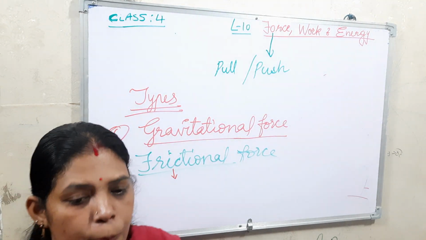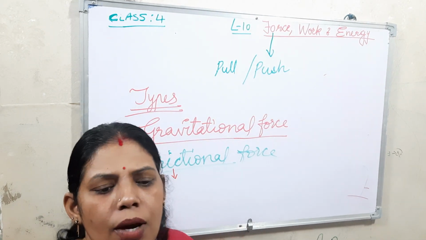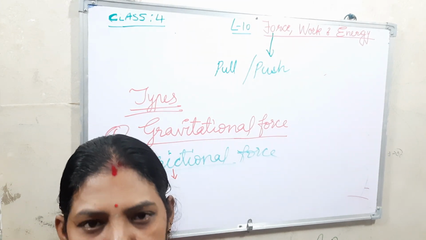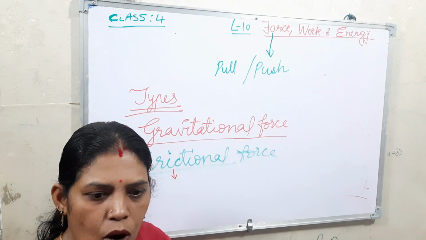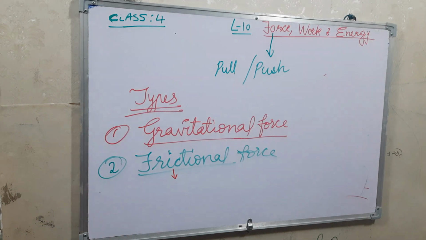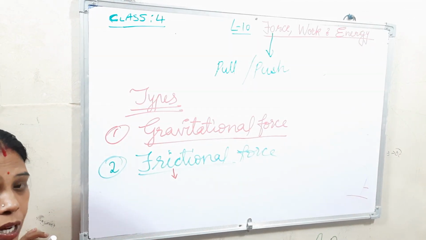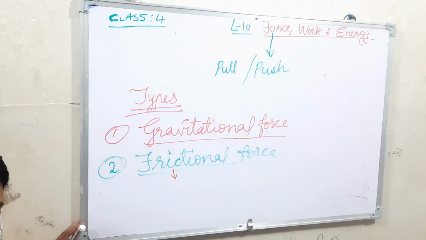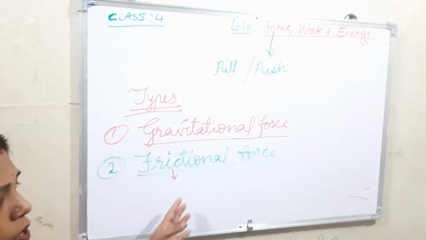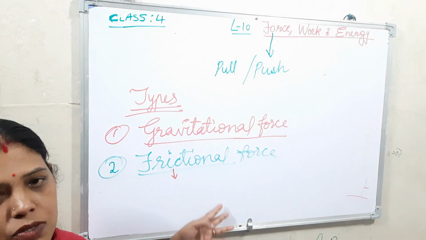And if I am pushing a thing, a box or something, that I am keeping on the table, if I push it, initially it moves, afterwards it stops. Why? That is because of the contact between the box and the table, so there is friction. Friction occurs there. Understood? So friction is a force that acts when two objects are in contact with each other. Now these two types of forces are understood, gravitational force and frictional force. We can call them gravity as well as friction.